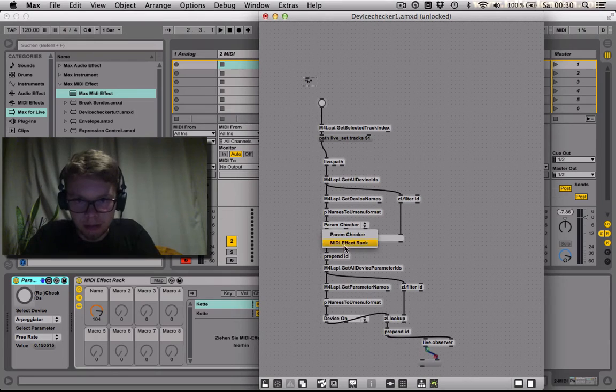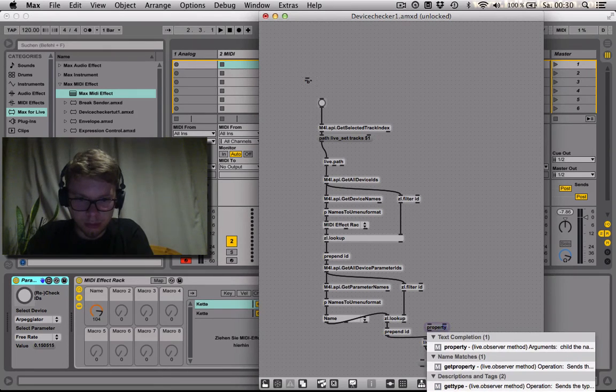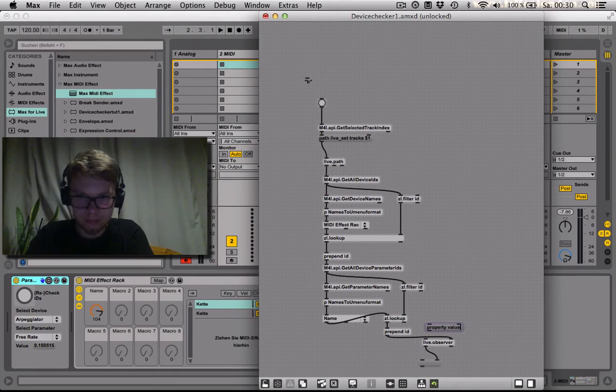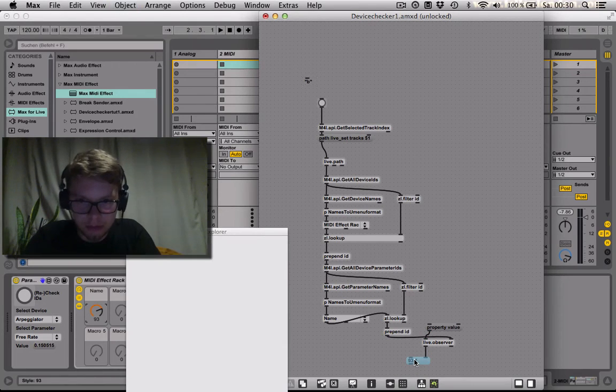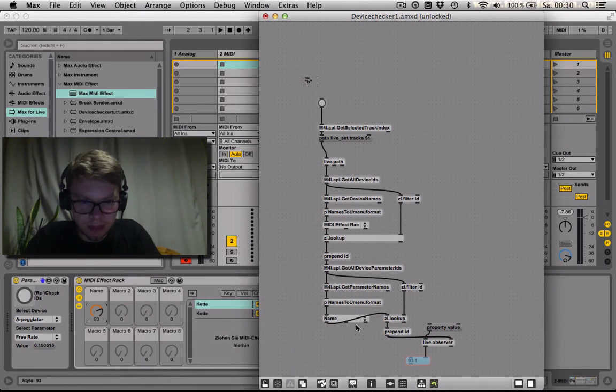Once again, go to MIDI effect racks, choose any old macro like the first one, and tell it to observe the value. And you can see that everything we input here is automatically observed. So add this to your, whoopsie daisies, add this thing to your presentation, put it somewhere nice,